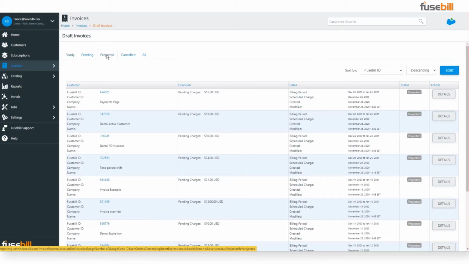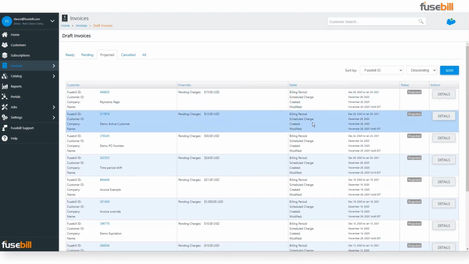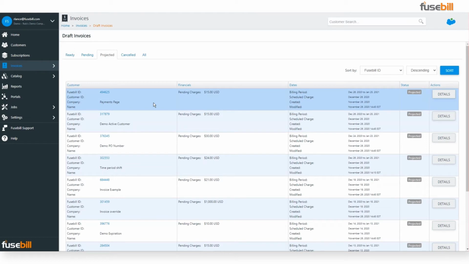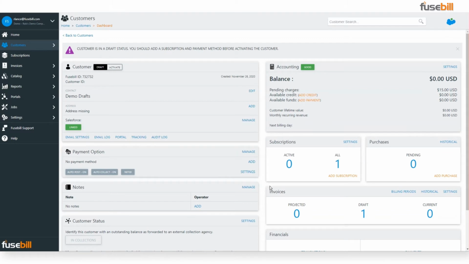The next draft invoice state is the projected invoice. When you have an active subscription on a customer, you'll see their projected invoice, or invoices if they have multiple subscriptions, for the next billing period. Let's navigate a draft invoice through each of the states described and review how to make changes at each state,